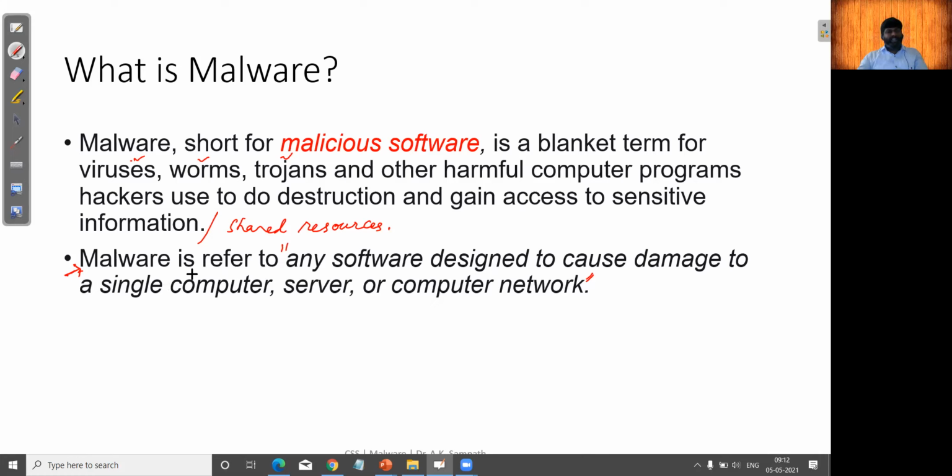That is called a malware. I repeat, any software designed to cause damage to a single computer, server, or computer network, or we can add here, the resources or data. I hope it is clear what is meant by malware.